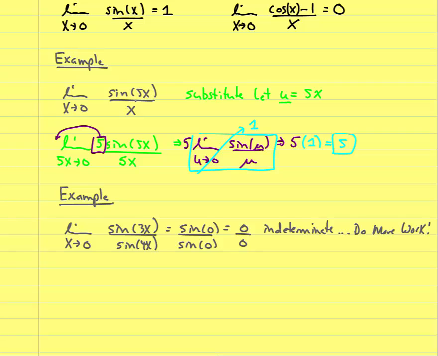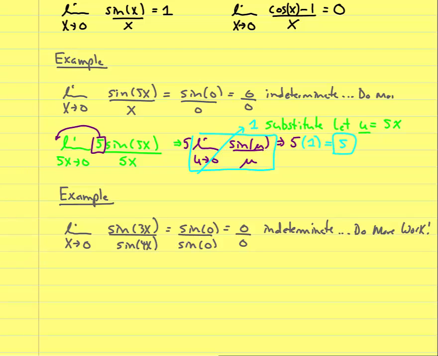So I guess up here on this one, I'm going to go back and double check this just to be consistent. If I make my direct substitution, I have the sine of 5 times 0, which is 0 over 0. Sine of 0 is 0. 0 over 0 is indeterminate. And of course, indeterminate means to do more work. Now, the more work that I'm going to do this time,